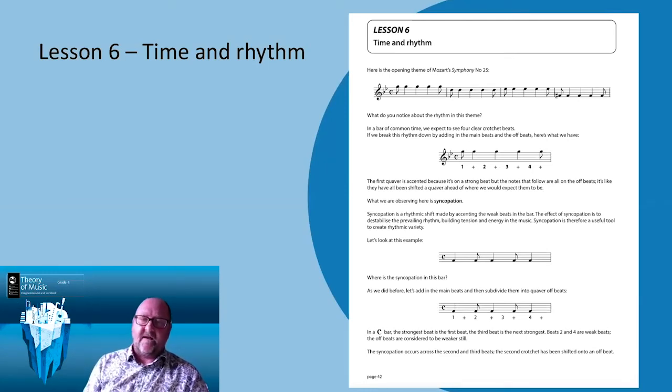I also talk about stronger and weaker beats in the new time signatures that we're learning for grade 4, and how the knowledge of the stronger and weaker beats helps you to group the rests correctly. But I've also shown that in the next slide,